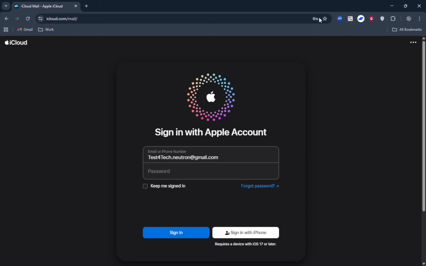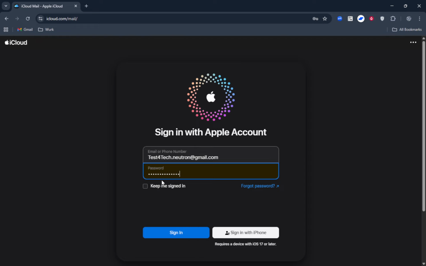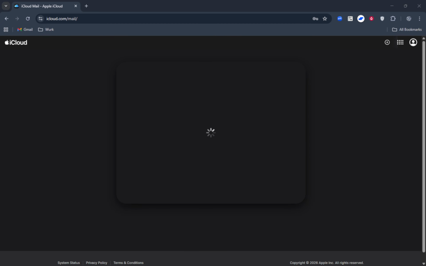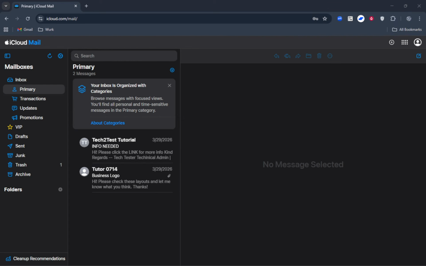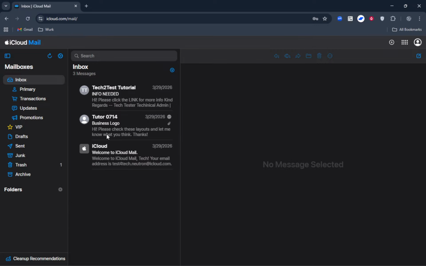Once you're signed in, click Mail. This takes you straight into your mailbox. The inbox is front and center, and your messages will begin loading automatically. Give it a moment, especially if you haven't checked your mail in a while or you're on a slower connection. As soon as your messages appear, you can click any email to open and read it. The message content will display on the screen, and you can navigate back to the inbox whenever you're ready to